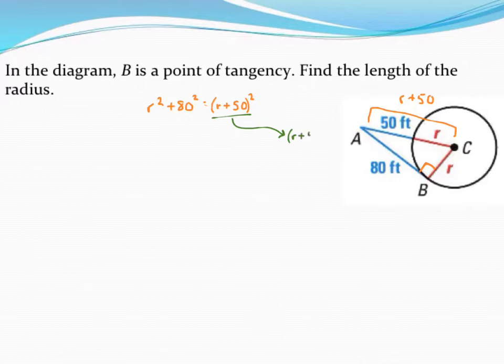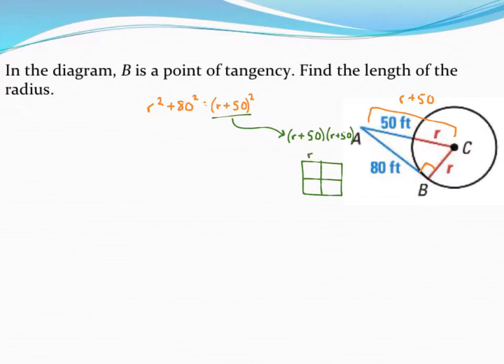So really what this part of the problem is asking us to do is to say r plus 50 times r plus 50. So that's what I need to multiply together. Now in Algebra 1, you probably did this a few different ways. You may have used FOIL. You may have talked just about distributing. What I like to do, though, is use what I call the box method to multiply these two binomials together. So I'm going to draw a 2x2 box like this, kind of like a window,